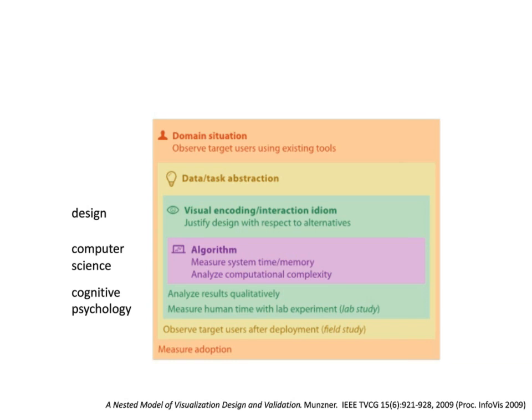And then the outermost part here is about what she calls a domain situation. And this goes into anthropology and ethnography, where you want to understand how people even work. What are their needs? What are their tasks? What are they trying to accomplish? And then at the end, also, if I sit you down with my new cool little tool and let you use it and observe what you're doing, and then maybe try and measure how well that works, and maybe it turns out to actually work well, then